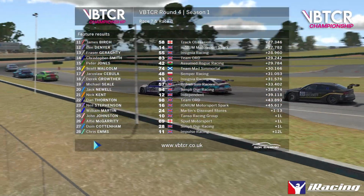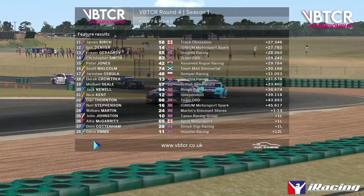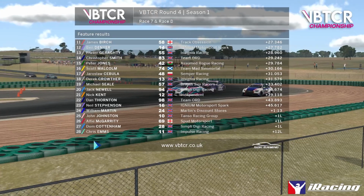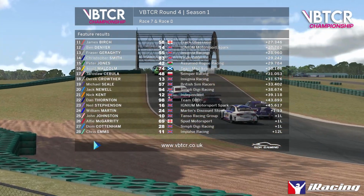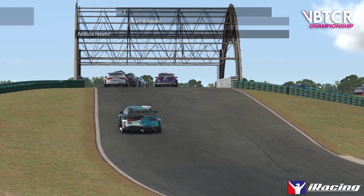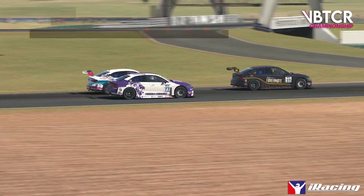It was Kent Thornton, Neil Stevenson losing it so early on. He's going to be gutted with that 23rd, with Martin, Johnson, McGarrity, Cotton and Nems rounding out all the way down to 28th place. Obviously Nems retiring the car, finishing 12 laps down here in race 2. And wow, I think maybe time to take a little bit of a breather, because that was some crazy racing,